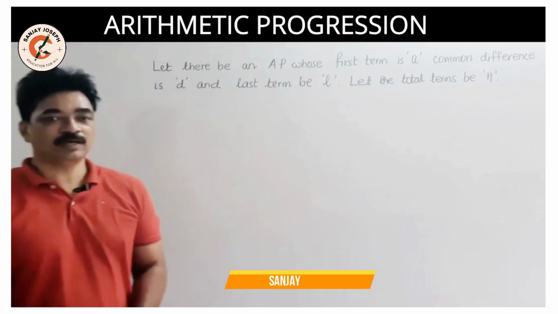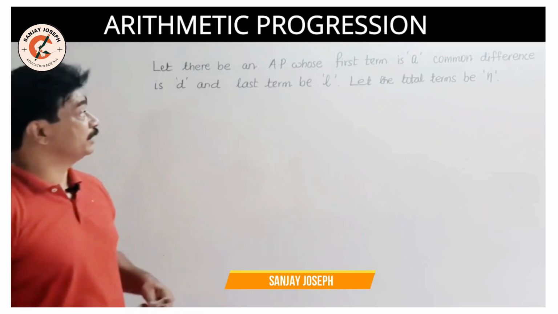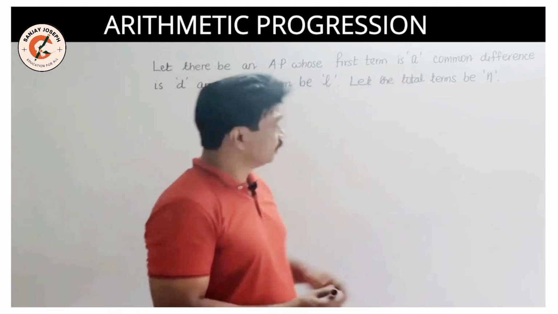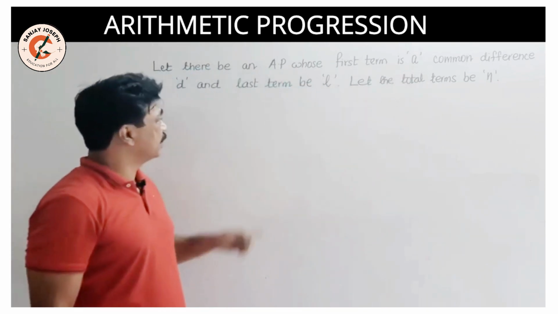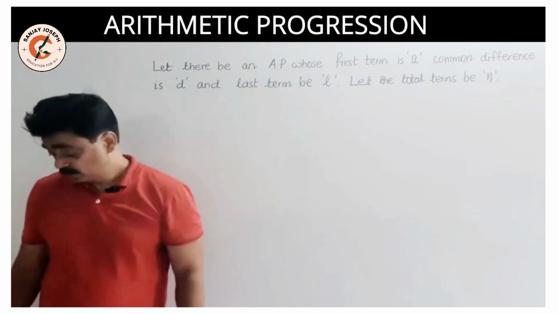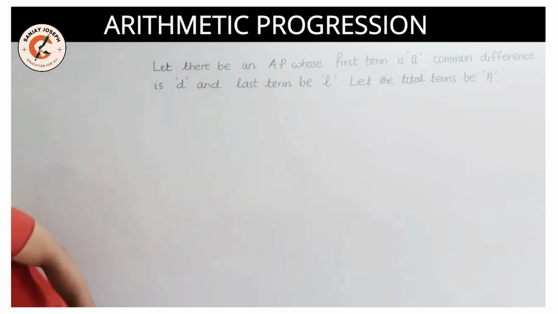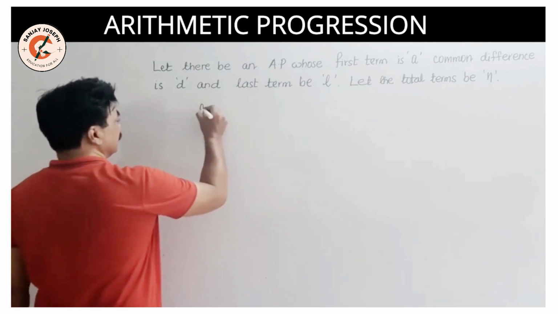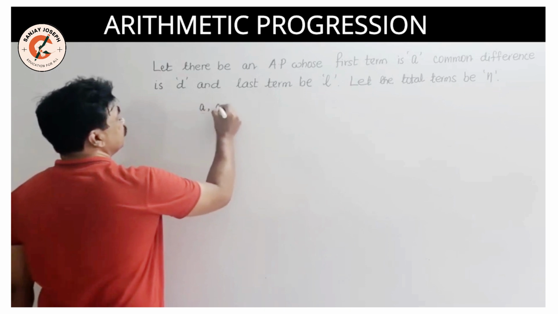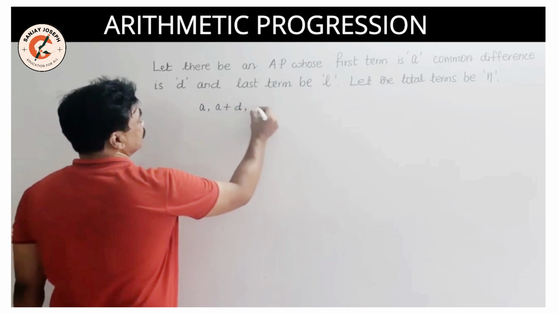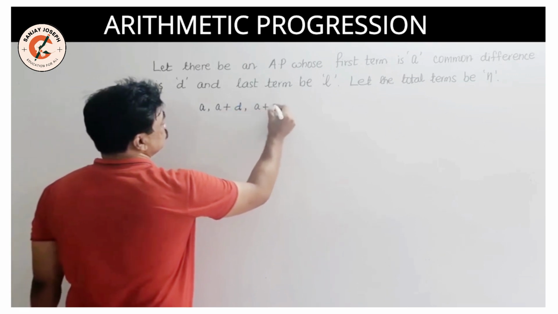So students, here we are to find out the sum of n terms of an AP. Now let there be an AP whose first term is A, common difference is D and the last term is L, and let the total number of terms be n. So how do we write the AP? We write the first term first. So the AP will be A, then A plus D, then A plus 2D,